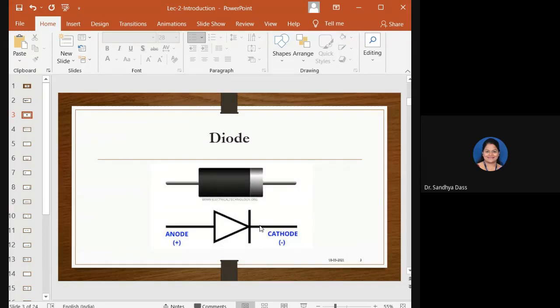Okay, so yesterday we just had a simple introduction that diodes are basic unidirectional semiconductor devices that will allow current to flow through them in only one direction, that is whenever it is forward biased. So in coming classes, we will understand more about what is biasing, what is forward biasing and all.